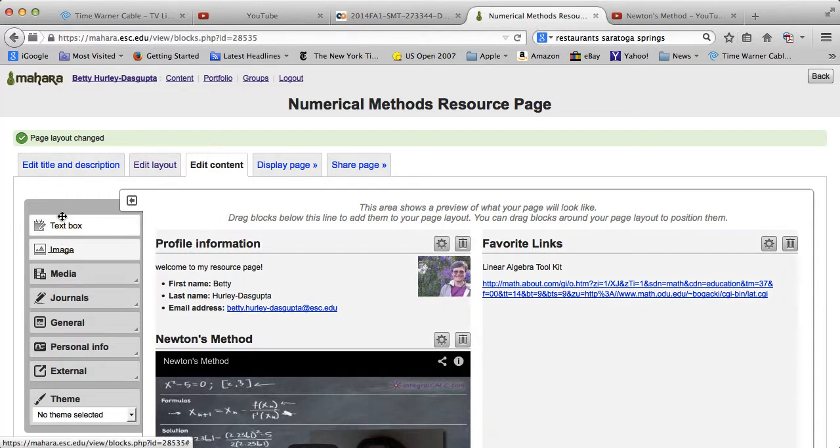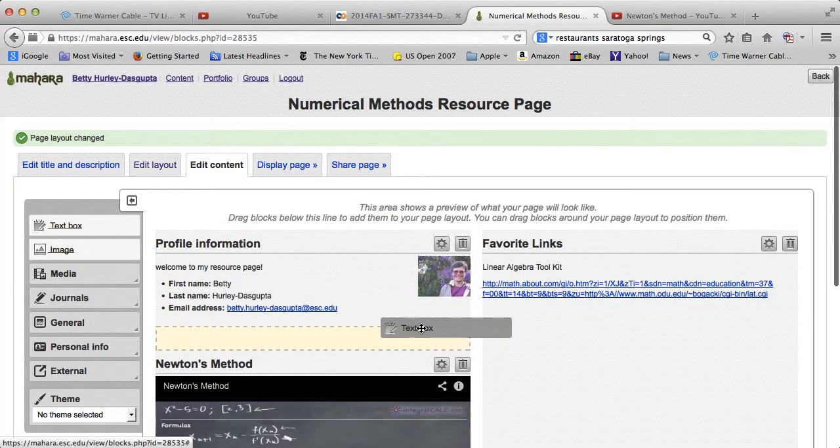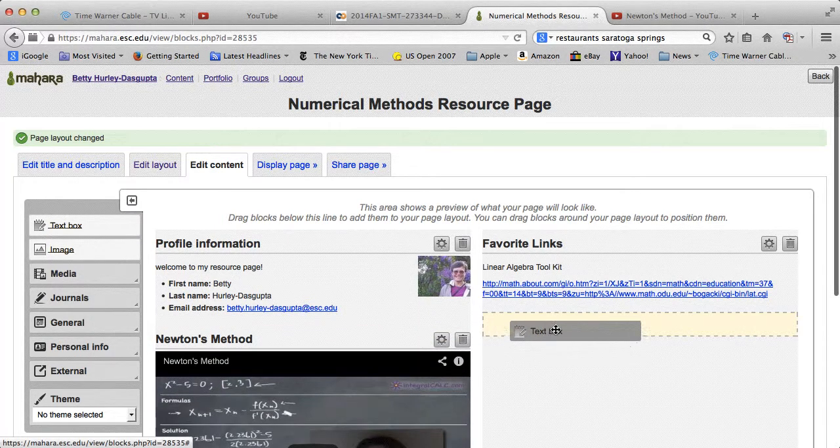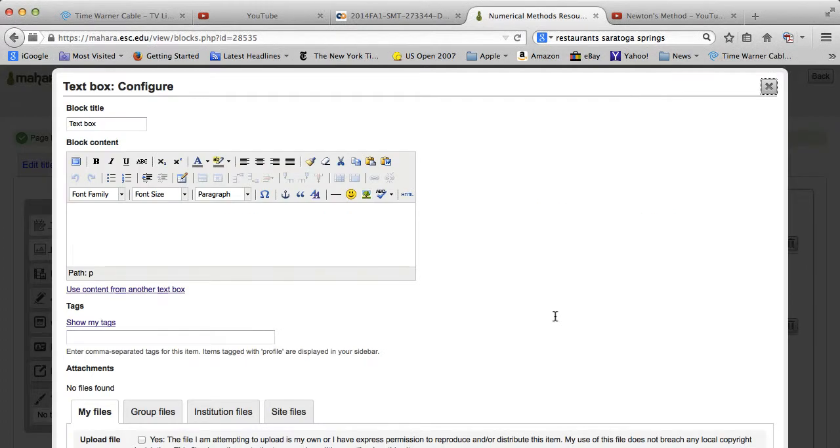So what you do is just go up to text box. You can see that one's already on the top because it's quite popular, and bring it over. Notice, as you saw before, that you get the little shaded area with the dotted lines, and release, and you'll get your box where you can put in the information. So I'll just type on here more resources, and here's